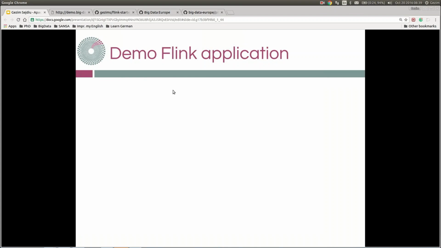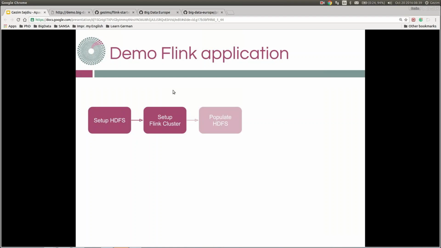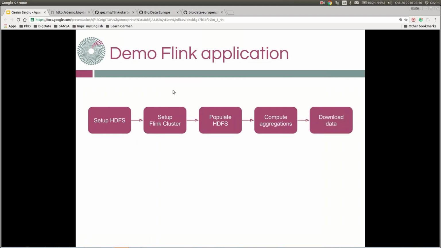Let's take this simple example of word count, which needs us to set up HDFS in order to upload the file there, and then also set up the Flink cluster, which does a computation over this file to make this word count executed. So we need this kind of pipeline, which we will set up on our Big Data Europe project.